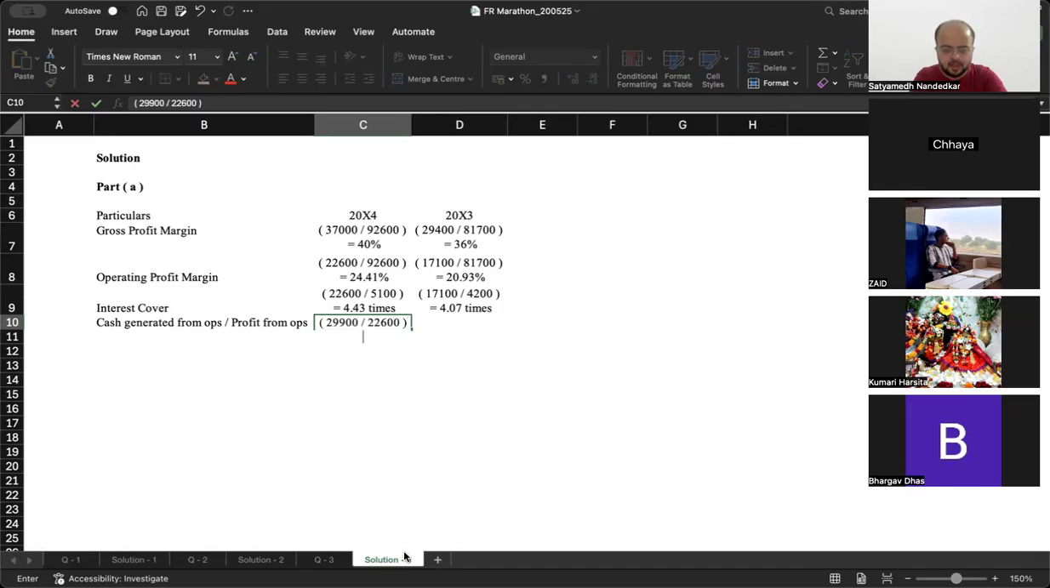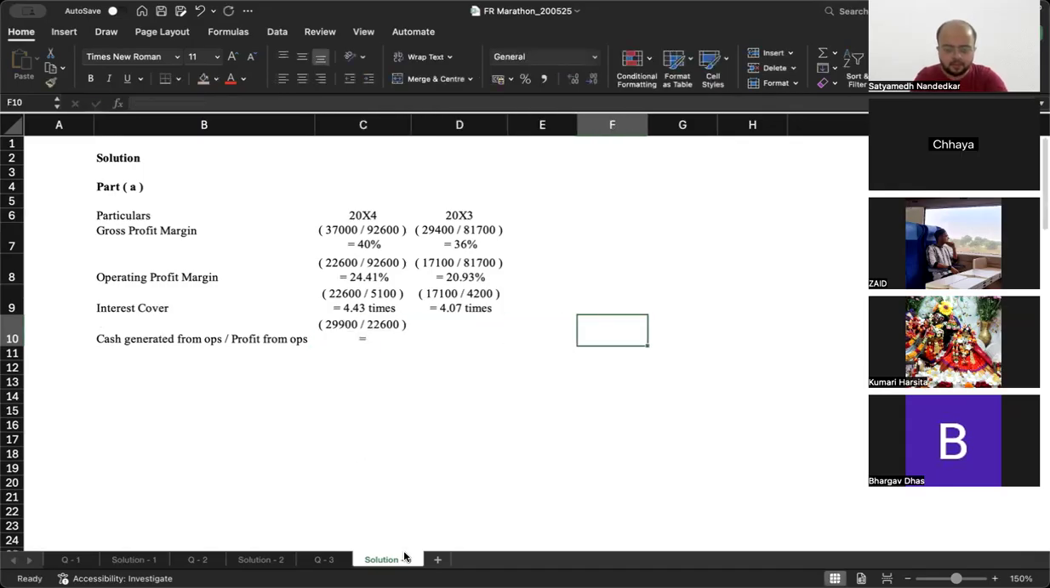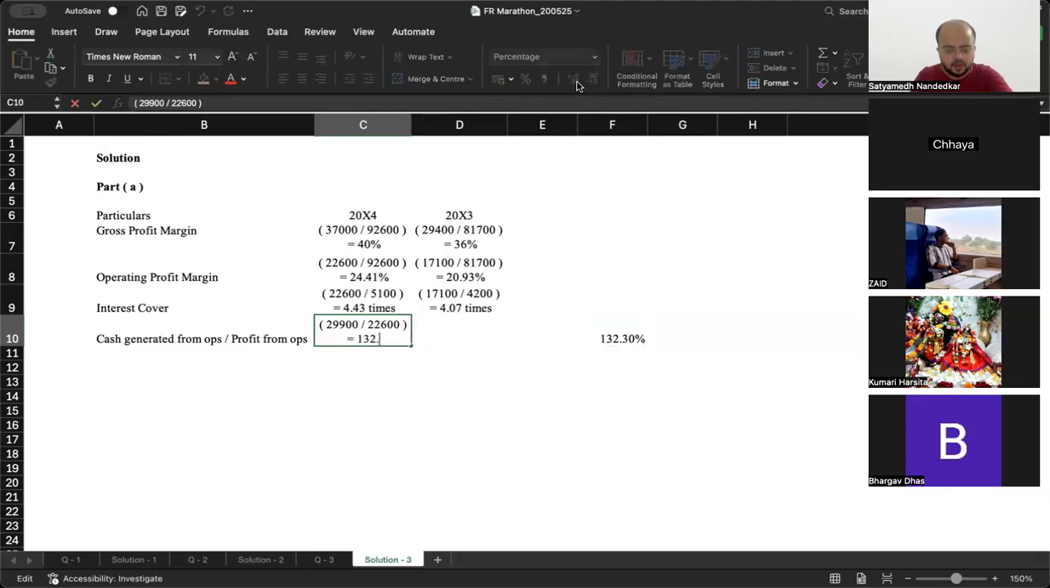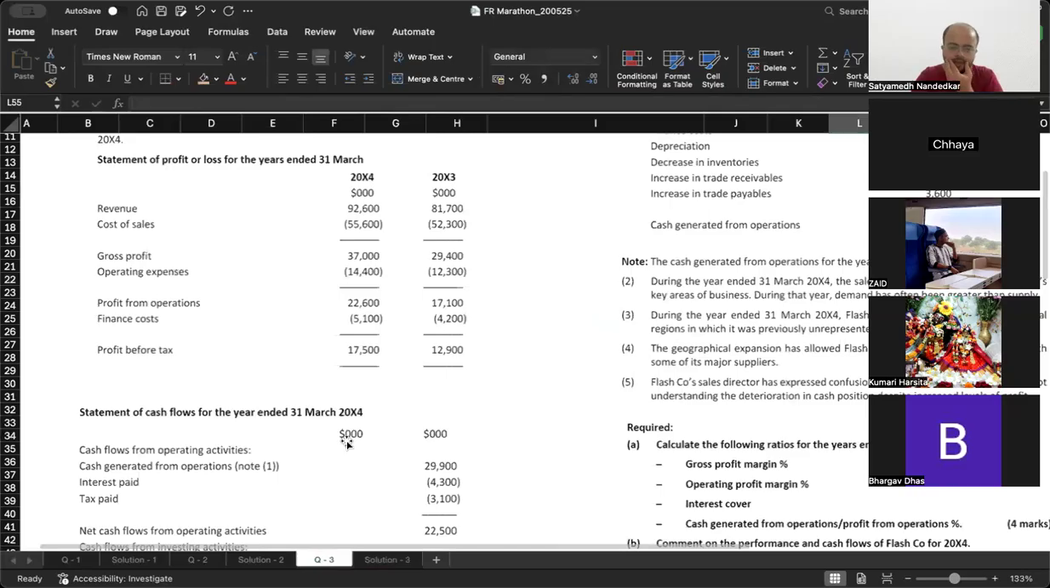इतना आएगा परसेंटेज टर्म्स में, बताओ तो. 29,900 अपॉन 22. सॉरी, गलती हो गया. दिस इज हाउ मच? 132.30%. और दूसरा,